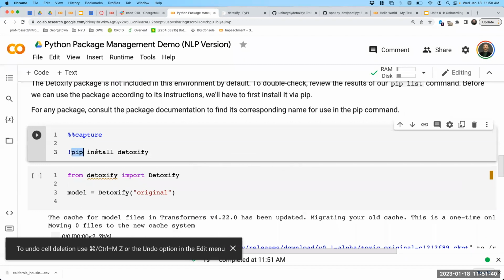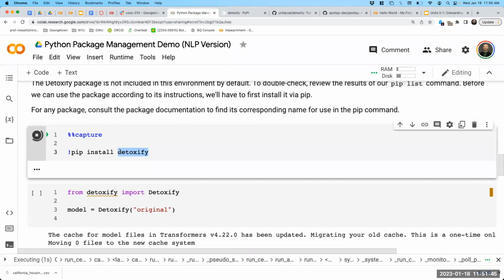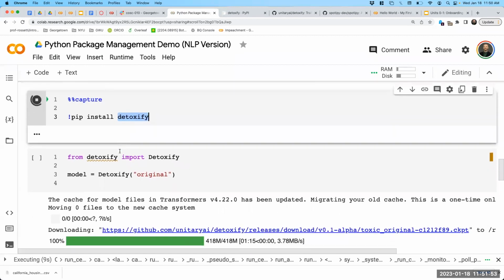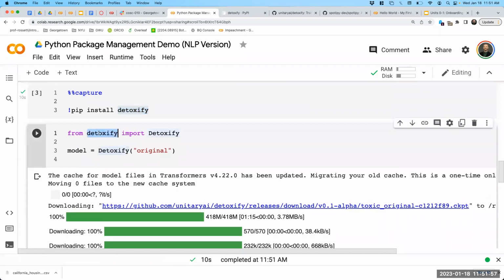Pip install, and then the name of the package. This might take a sec. It might produce some outputs. But when it's done, we'll be able to now run the following cell to actually use some kind of part